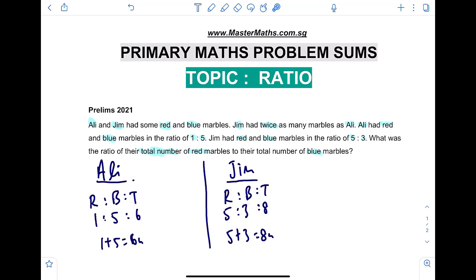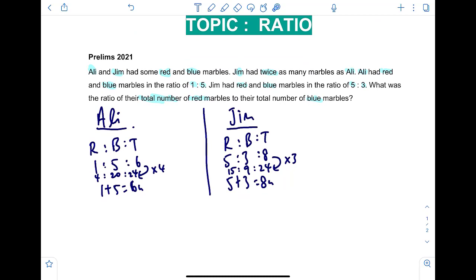So the way to do this question is to make it the same first. Make 6 and 8 into the same common multiple first. So 6 and 8 common multiple is 24. So times 4 over here, times 3 over here. So you have 24 here, you have 5 times 3 is 15 here, 9 here, 24, 20, and 4. Now, all we need to do is to ensure that, again, this and this, Jim's is twice